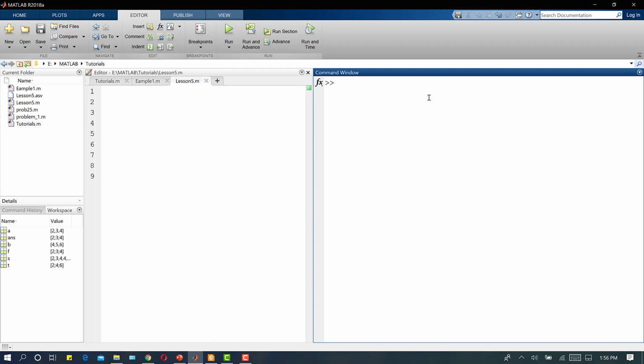Now the third method to enter a column vector is that I write, let's suppose, X, then square brackets. I write 5, press enter, 6, press enter, 7, and then I close the bracket and press enter. So this is the third way to enter a column vector. This is a very odd way, so I will never use this method. I will use the previous 2 methods to enter a column vector.